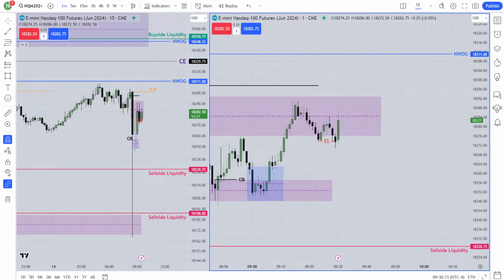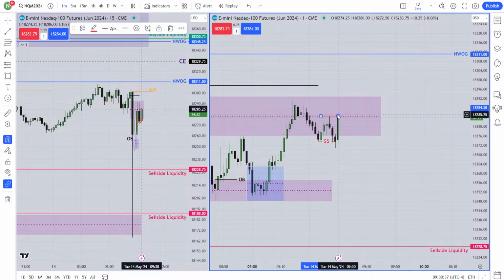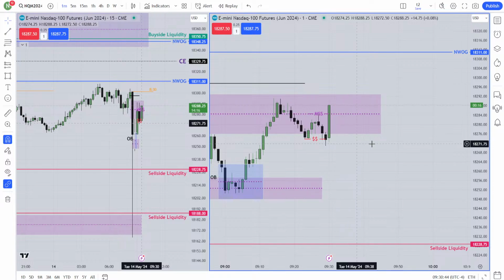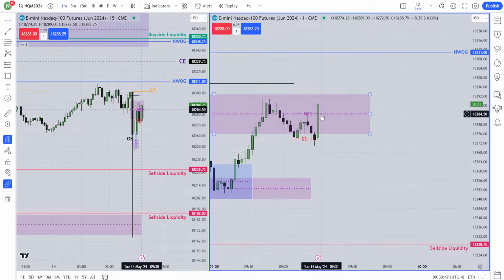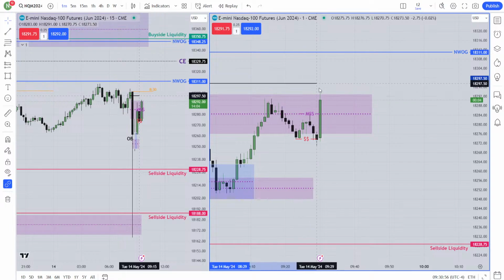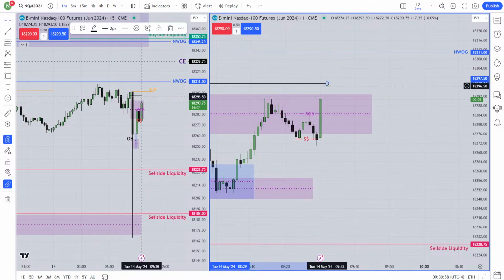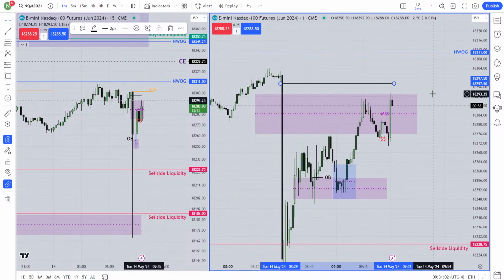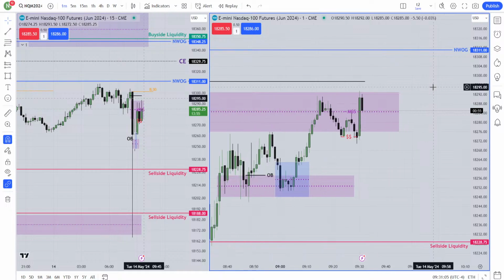So here I got the market structure shift, not a perfect one. Sometimes I tell you that if it doesn't work, then I will say a perfect setup didn't work. But over here, this swing high is not perfect, but still I will give it a try. If it can make a fair value gap over here, and immediately if it trades the fair value gap, I will go for the buy. Otherwise, I'll just let it go. By the way, if before giving me the setup it touches that line, the low of that fair value gap, I'm not interested in taking any entry. So that's all.